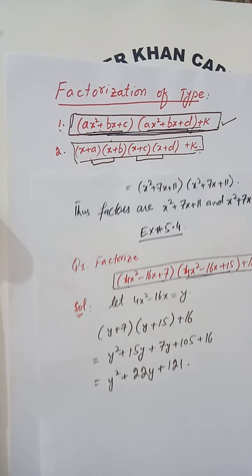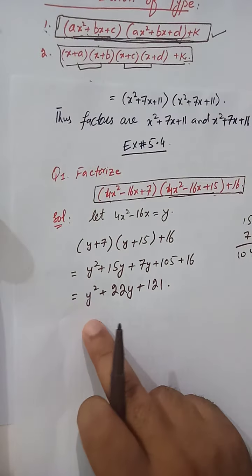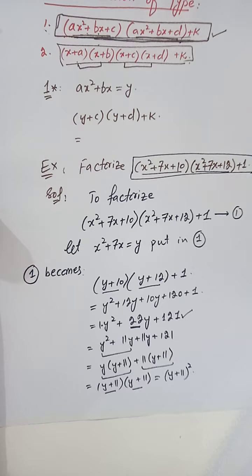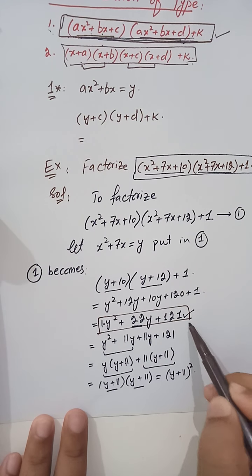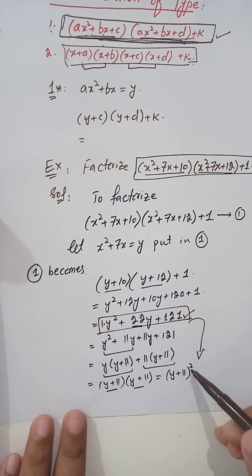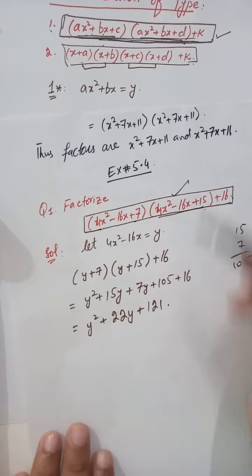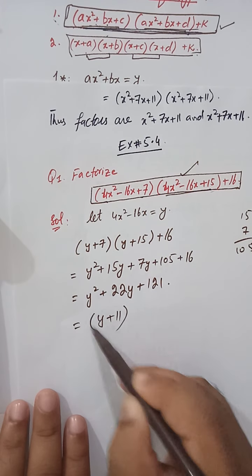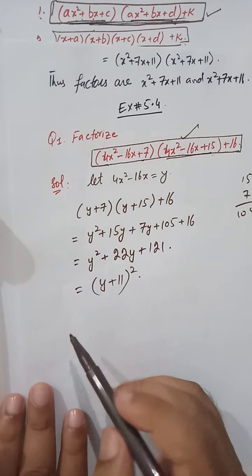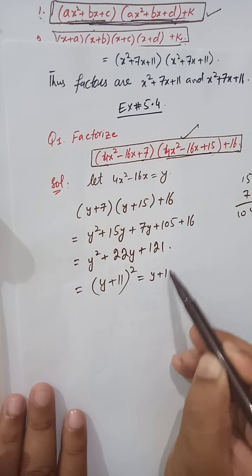So the rest of the question will be similar as we discussed in this example. From here we also get y square plus 22y plus 121. So the rest will be similar as we discussed here. Okay, so when you solve this, this is equal to y plus 11 whole square, and when you replace this y